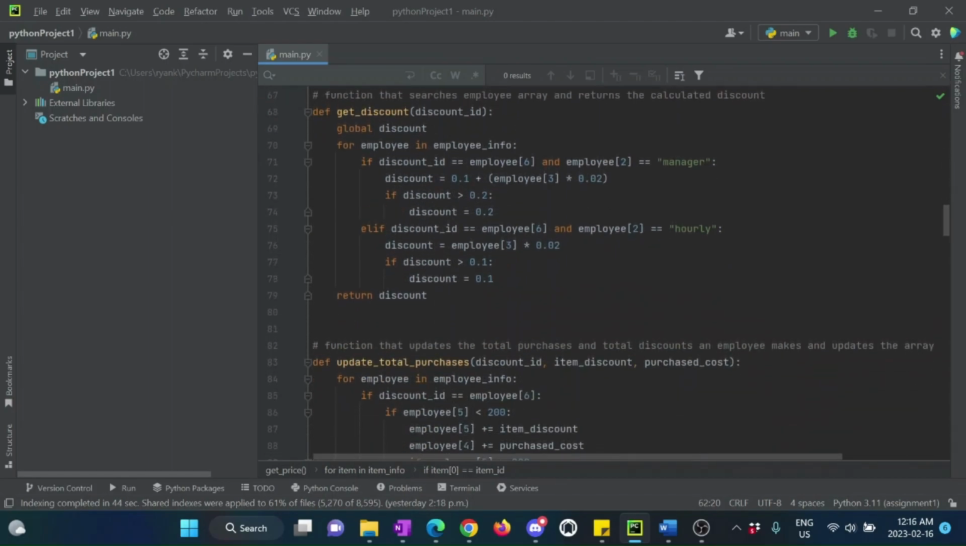Next here we have the get discount function, which calculates the discount that the selected employee is entitled to. So we use the global discount because we want to return discount. We want to return this new value discount outside of the function. So for employee, we want to search for the specific employee in the employee's info array. And if the discount ID that we're inputting, that we're searching for, the keyword, exists within the array,